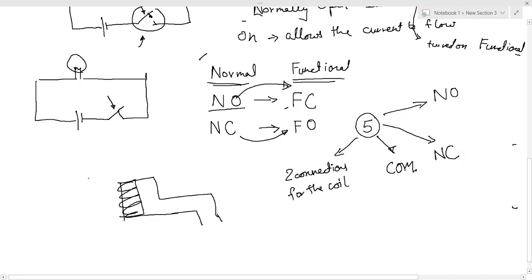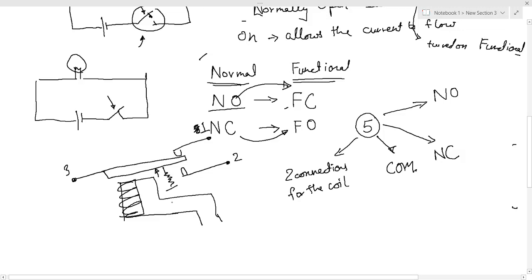Okay, then there is one connection. On that connection there is a metal plate, right? This metal plate is connected to another connection in its base position. We will call this 1, we will call this 3. There is another connection over here which is initially not connected to the plate. Over here there is a spring, right? Why is the spring over here? When the solenoid is turned off, this plate should be pushed upwards, no? Otherwise, because of gravity, it will stay down only. So to push it back upwards, we use this spring.